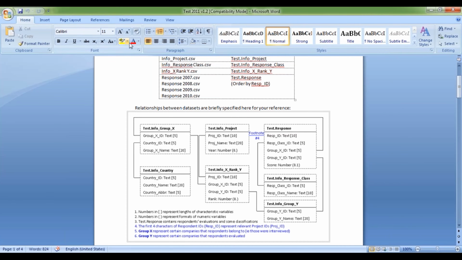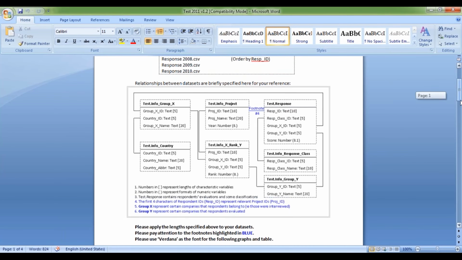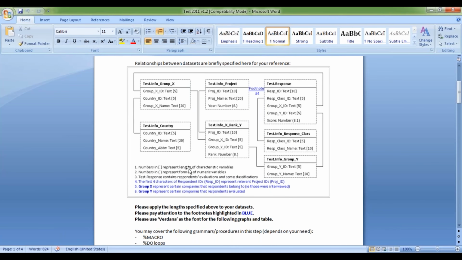You can see whatever they put in the rectangular braces here, those are nothing but the lengths. Whatever they have put in the parentheses, those are nothing but the formats. That information is also given here. You can see numbers in the rectangular braces represent the length of your character variables, and numbers in the parentheses